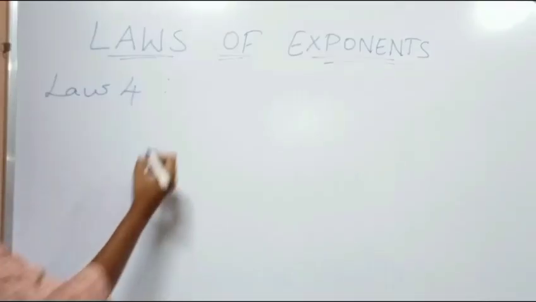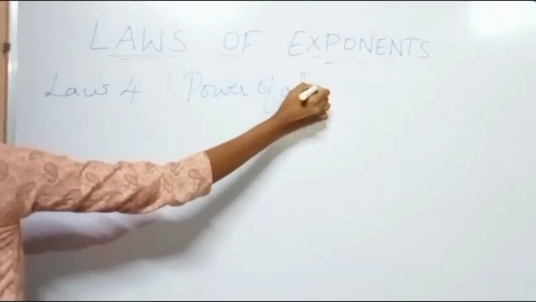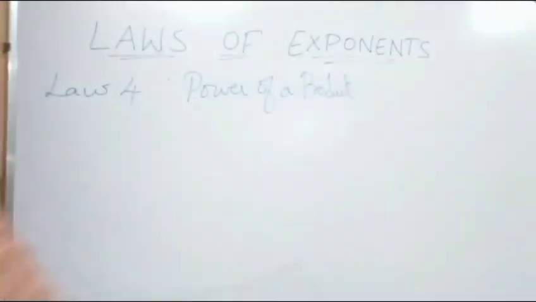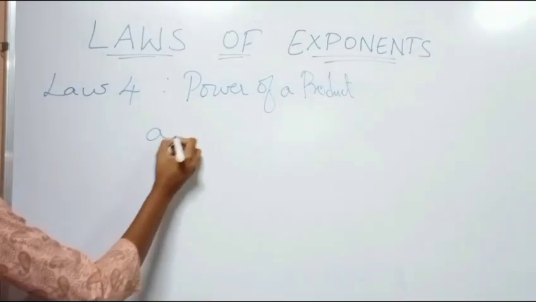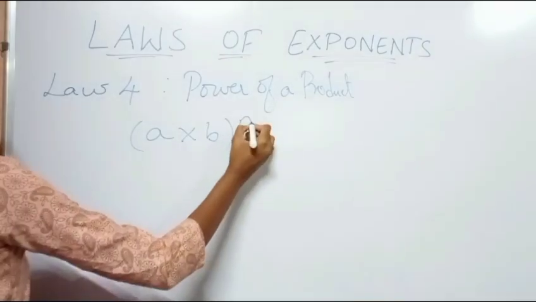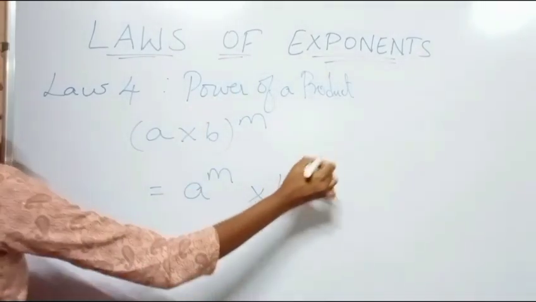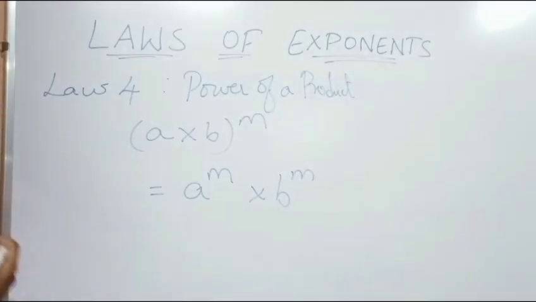The fourth law is power of a product. The formula is a into b, the whole raised to m. It is written as a to the power of m into b to the power of m. So, you have to raise each factor to the given power. Example,